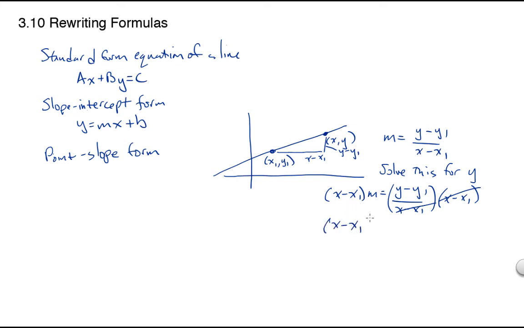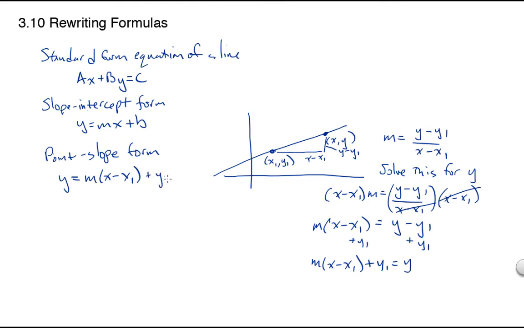Let's just rewrite what we have. x minus x1 times m. I'm going to put the m on this side because of the commutative law. That's legal. Y minus y1. Almost there. Now we just have to add y1 to both sides. And so we get m times (x minus x1) plus y1 equals y. If we write y first, guess what? That's our point-slope form. That's what point-slope form looks like. y equals m times (x minus x1)